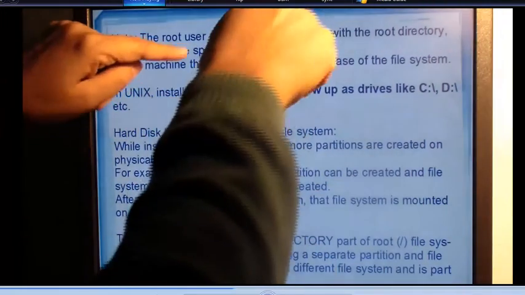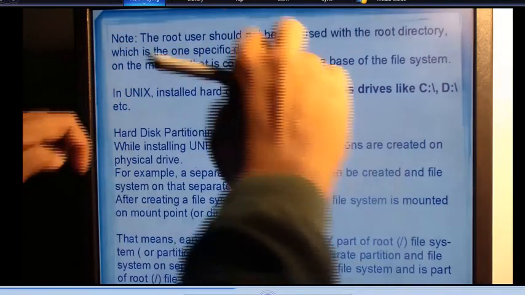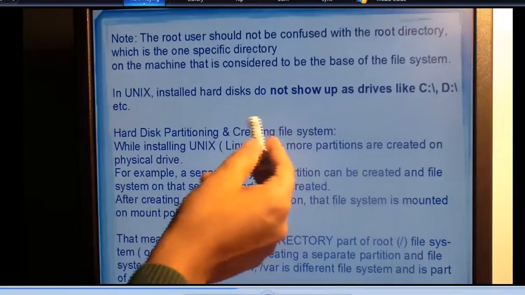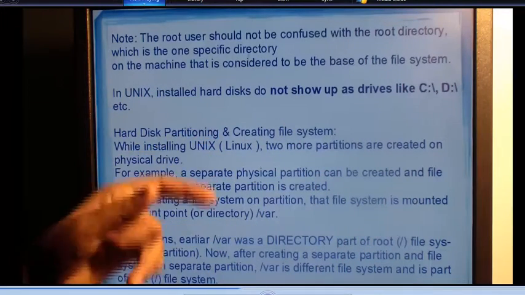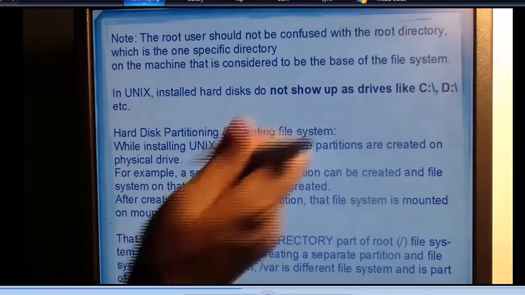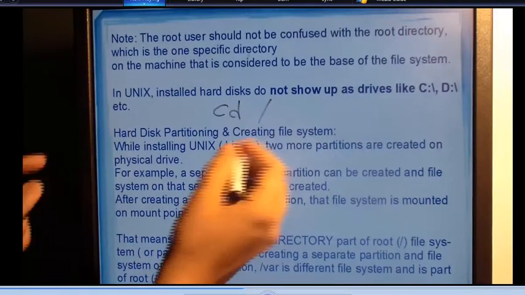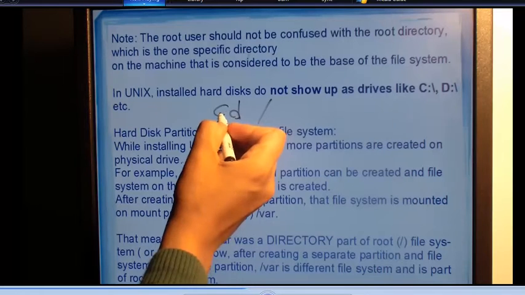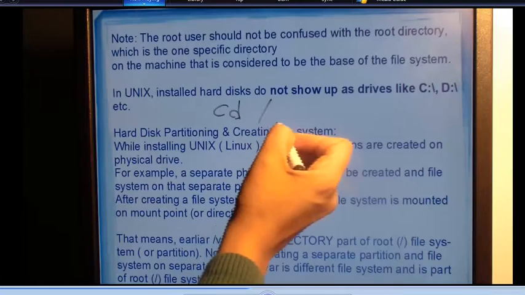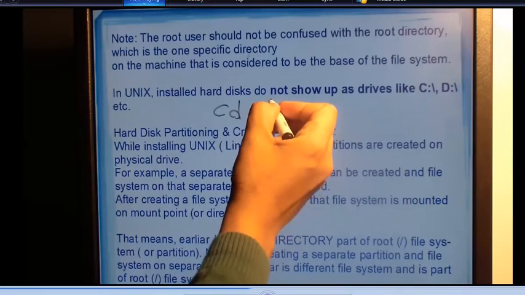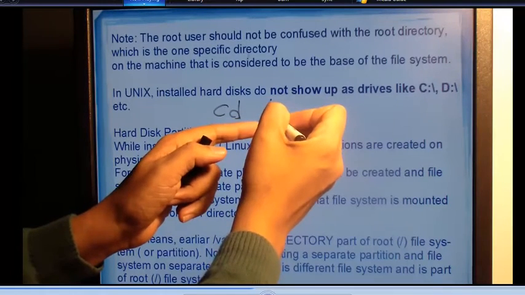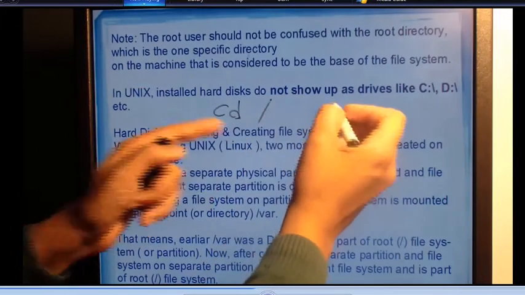It looks like, okay, it's simple. If I cd to slash, cd means change directory, cd is the command. When you are doing cd to slash, that means you are entering the slash root directory. At that time you are in the root directory and root partition, okay, and root file system. Then when you say cd to slash var,